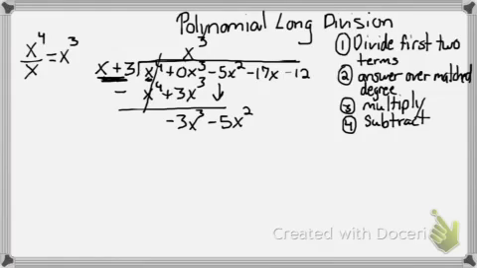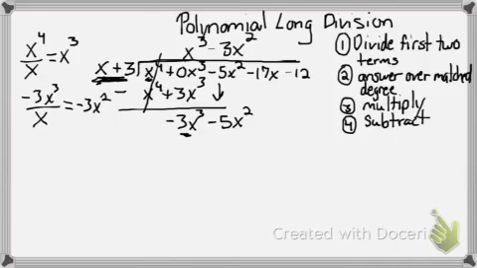Divide the first 2 terms. Now my first 2 terms will be negative x cubed and x. So I'll have negative x cubed divided by x. Once again, I got that from here and here. And when I divide these 2 terms, I get negative 3x squared. Put that answer over the matched degree up here